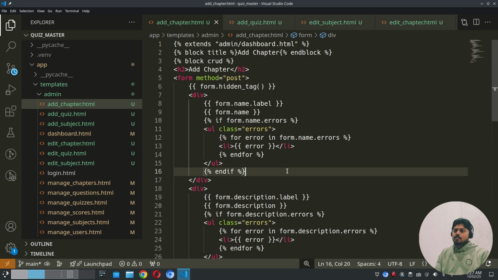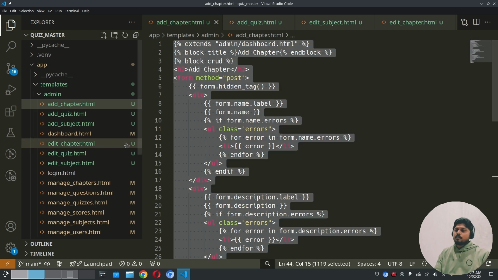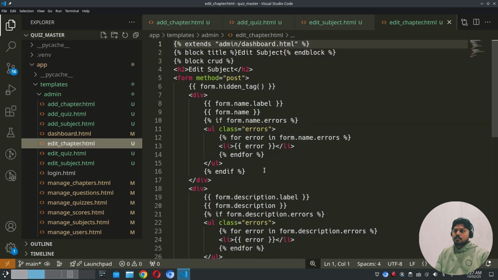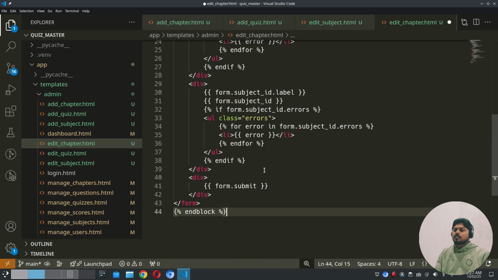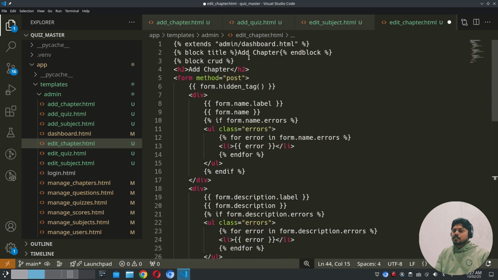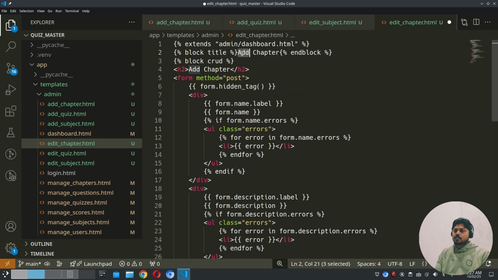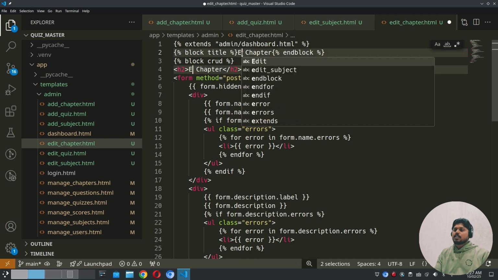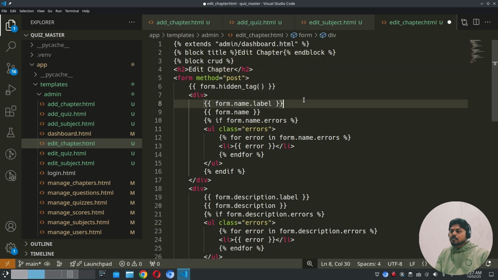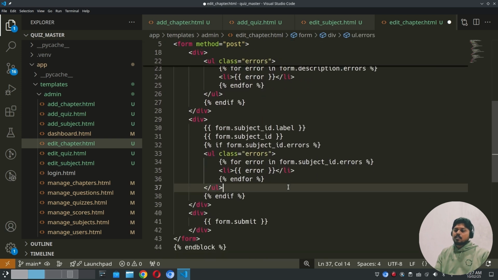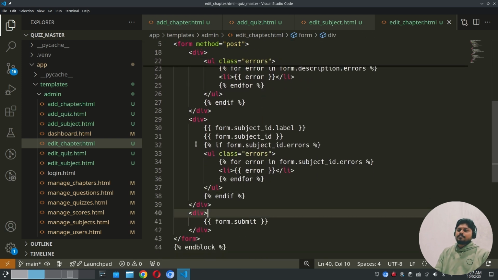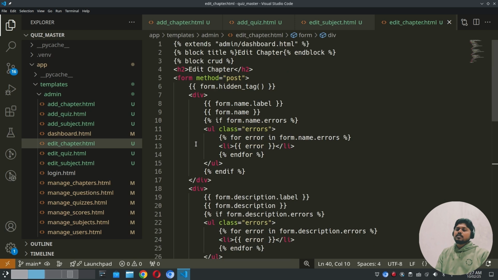Copy the same form and paste in the edit, as edit and add have similar functionality, we just need to change the headings. So edit chapter, and others are the same: name, description, subject id. Save it. Similarly